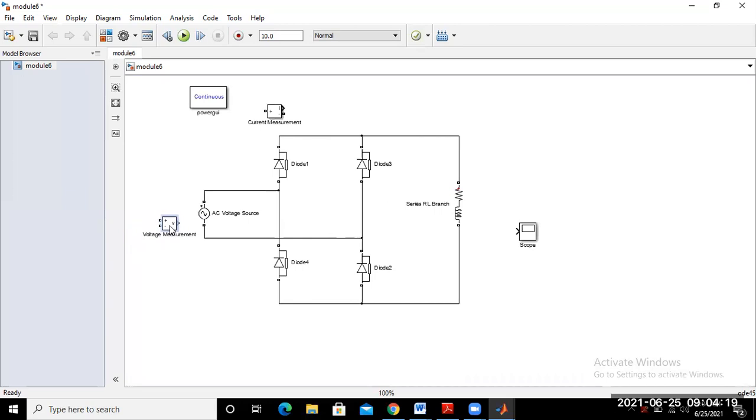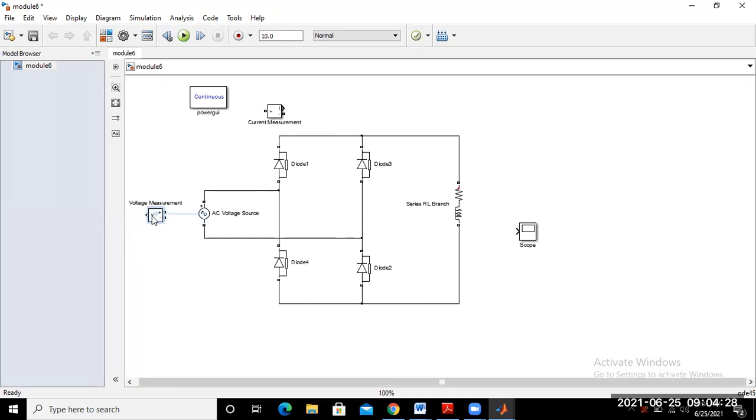Okay. And control and R. Control and R. Okay. So just connect this voltmeter to this point, connected in parallel with the supply voltage. So we can measure the waveform of the supply voltage with this voltmeter.